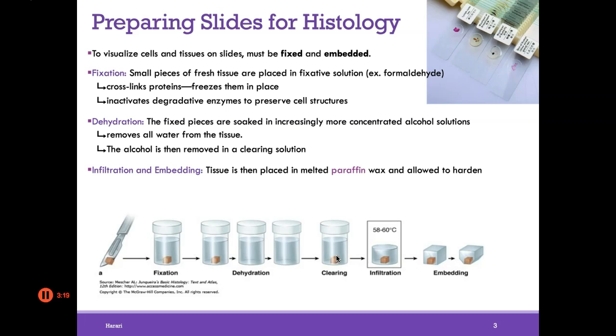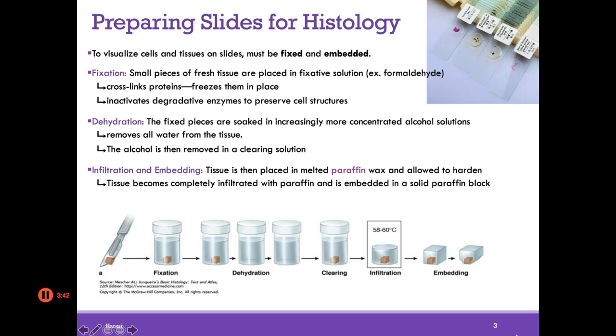Finally, we have to embed and infiltrate. What that means is we take the tissue and we put it in melted paraffin wax. And that wax will infiltrate it and allow the tissue to harden. So imagine a piece of tissue that's in paraffin wax, and then it allows it to harden